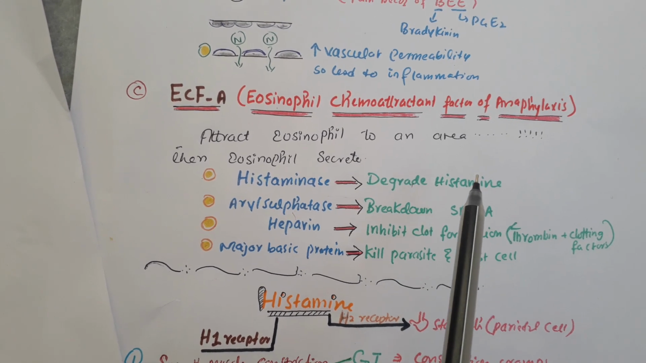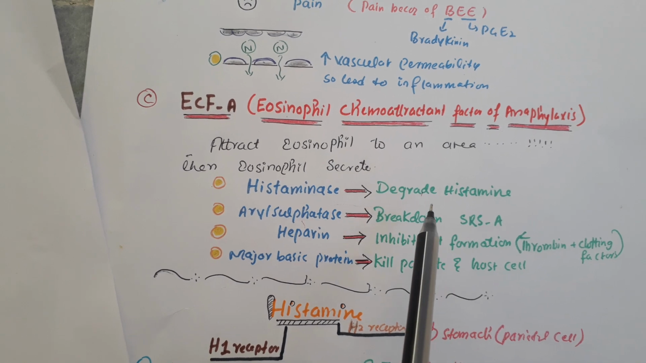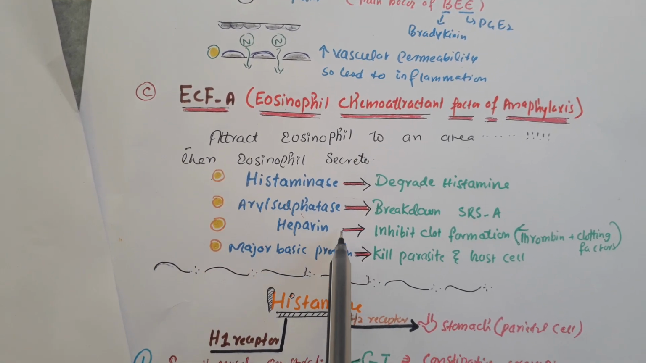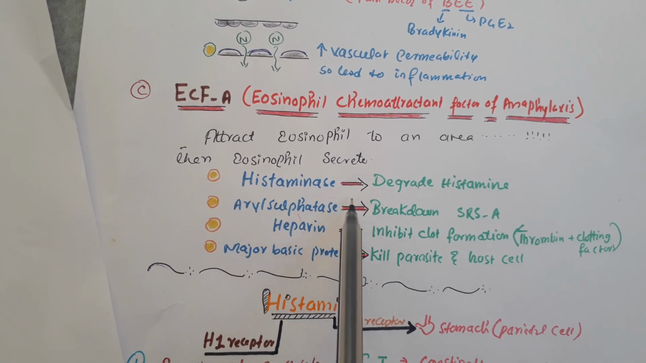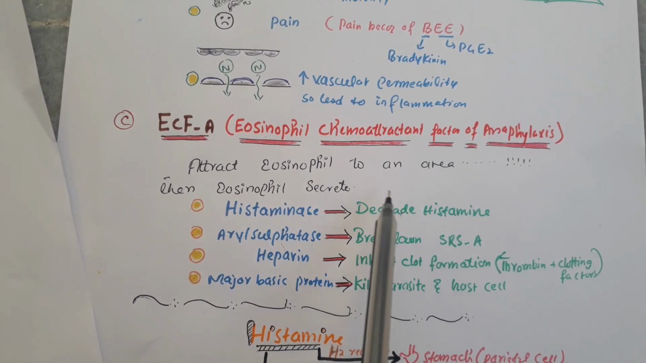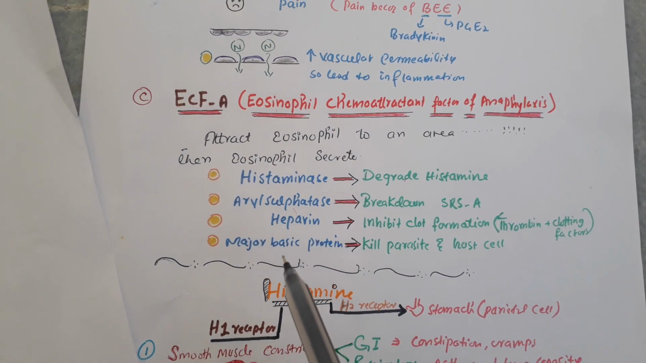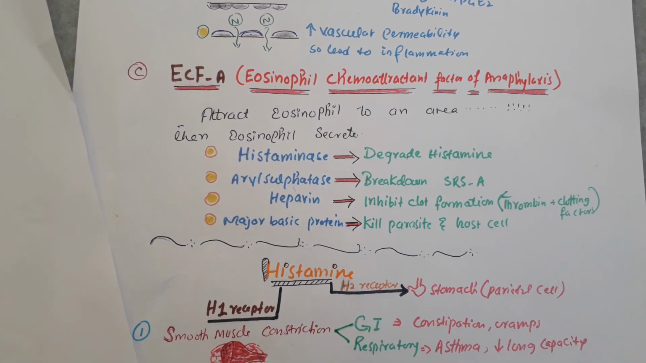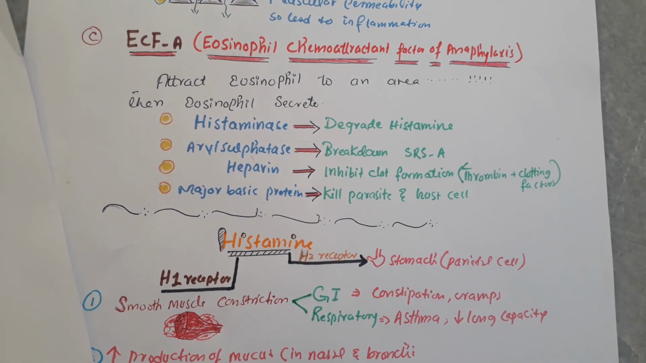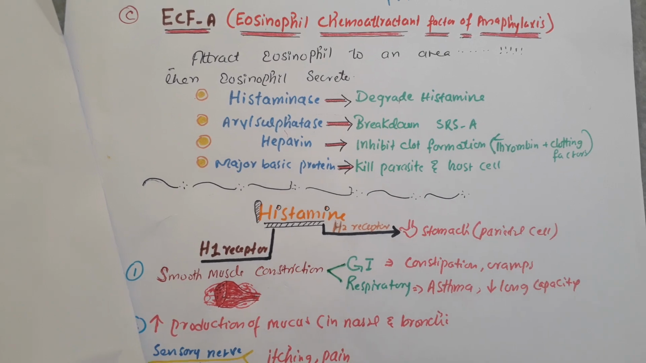So we now have to control, okay? As our body is secreting histamine, we have to control the histamine. For the control of histamine, the eosinophil will come to that area, and the eosinophil will secrete histaminase, then arylsulfatase, which will break down SRSA, the slow reacting substance of anaphylaxis. And there will also be release of heparin to inhibit the clot formation, okay? To inhibit the clot formation, as I already told you,